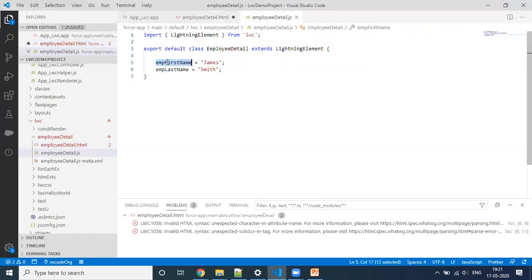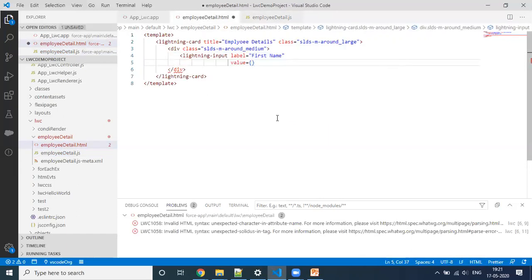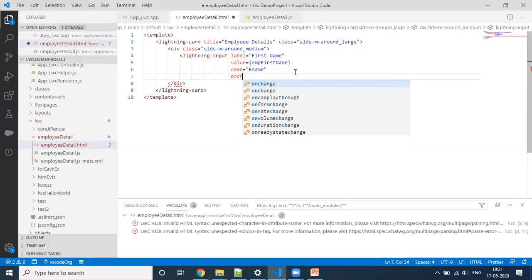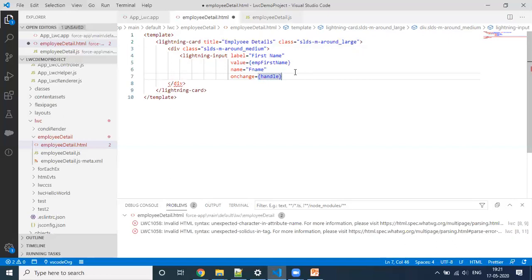Here I have employee first name and employee last name, so for first name I'm just binding first name. Then I'm giving one common name here, and we have seen this tag and how we use it in the last session, like first name. And I want to call this on change, an HTML element that we have seen in the last session. So I want to create a handle input change.